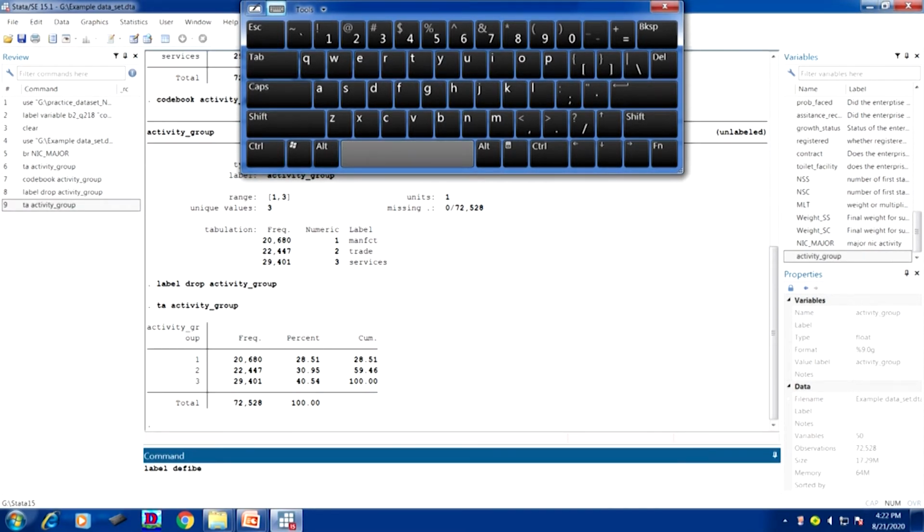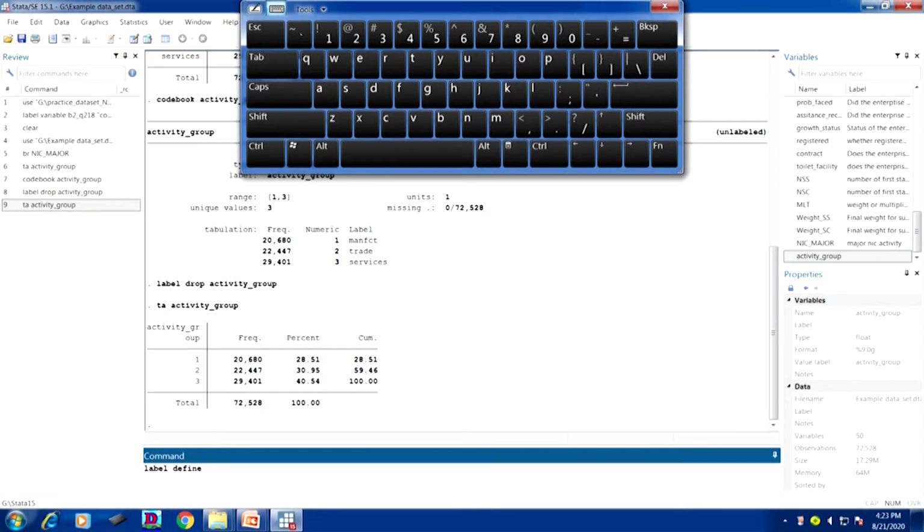Okay. Then what label define is required? So what label define is important? Define. So what label define of that particular variable? Within that variable there are some values given, and it is only 1, 2, 3. In integers we do not know what is the meaning of it, but once we read our questionnaire and some supporting document, we know that 1 stands for manufacturing, 2 stands for trade, and 3 stands for services. So let us do that.